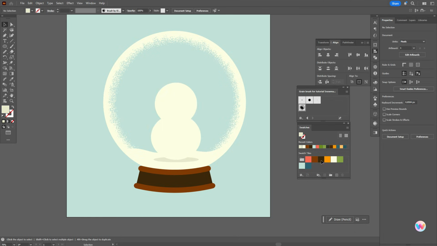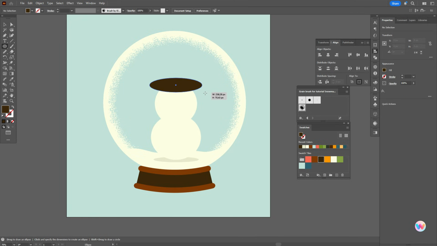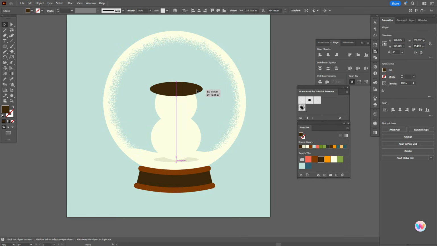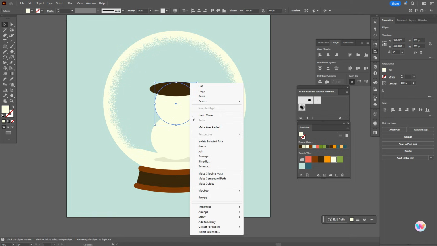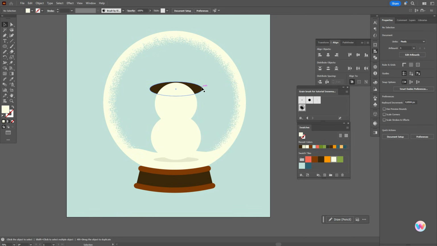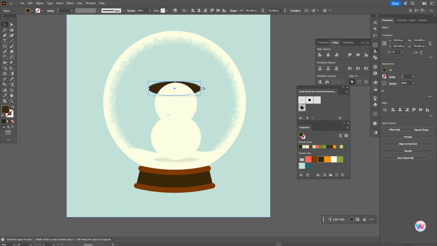Now let's move these elements a little down. Okay, now let's take brown color and ellipse tool. Create here the first ellipse. Okay, now let's move it in that place and bring that shape to front. Now we need to create the new shape with help of